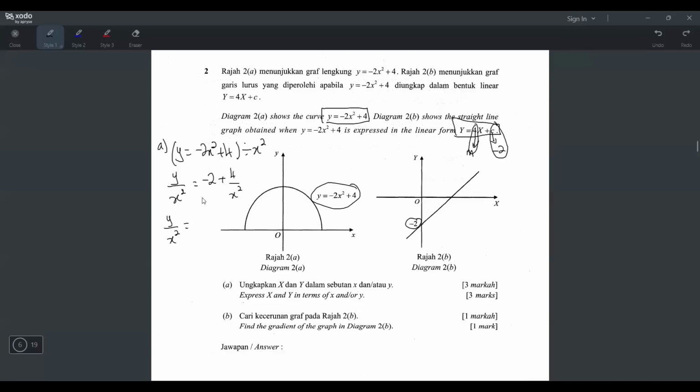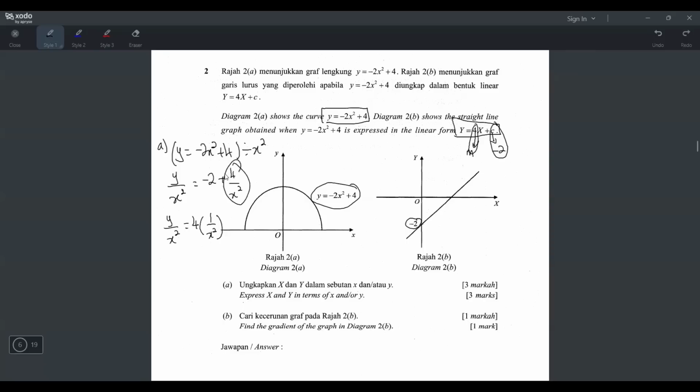y equals mx plus c. But when you arrange it, you have to write 4 over x squared first. But when I write it, I will write it differently. I'll write it like this: 4 bracket 1 over x squared. Because y equals mx plus c, so you want the m and x to be separate. You have to separate out your mx. You cannot write